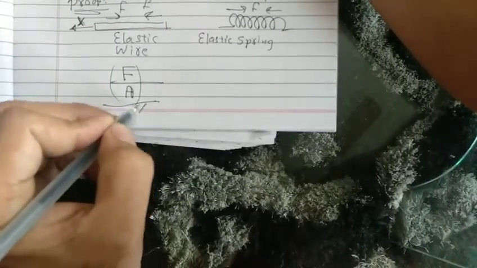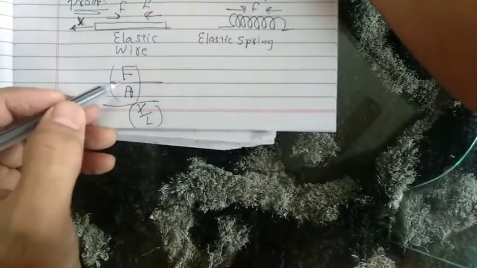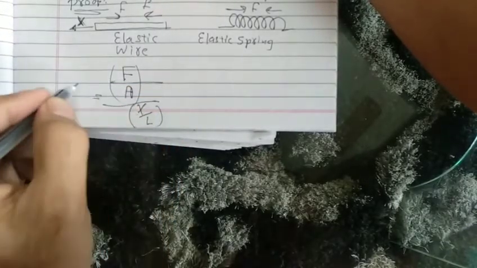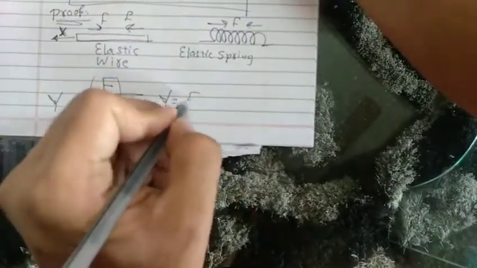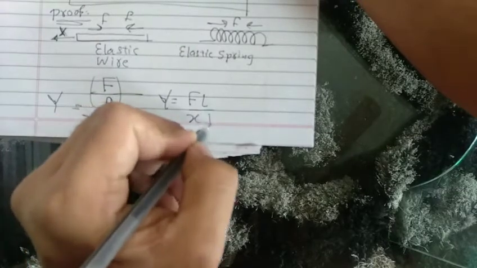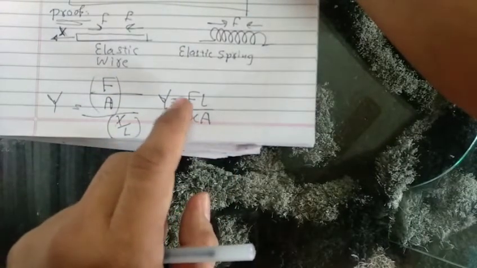So x upon L, if I do. If you look at it, this is stress upon strain. It is equal to Young's modulus, right? So Young's modulus is given by this formula, FL divided by XA. This you know, I think, right? So here if you calculate the formula for F